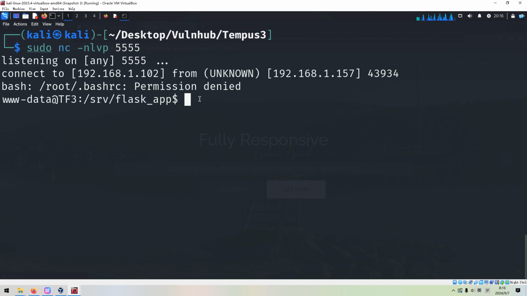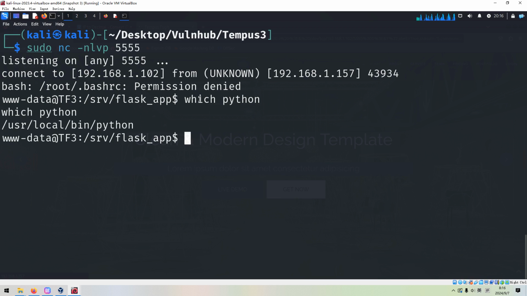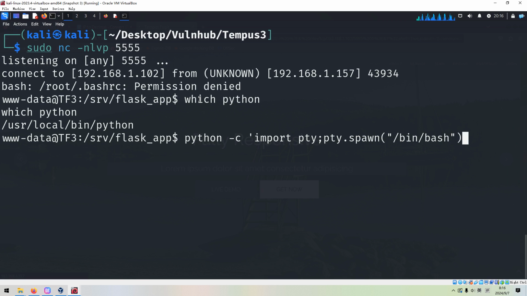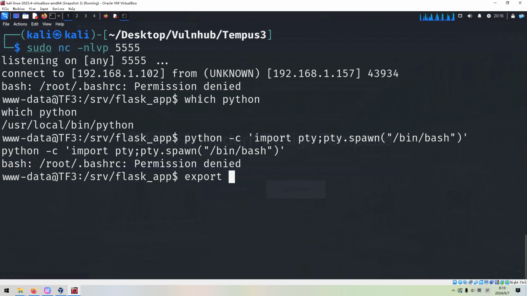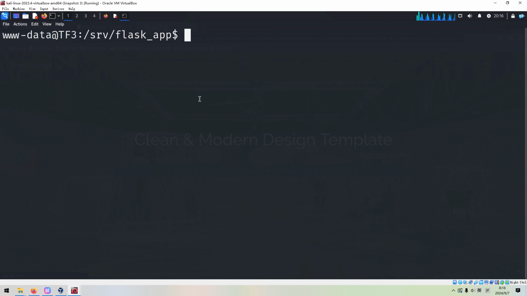And then we can spawn the interactive shell, pty spawn, and we can export TERM as xterm color. Okay, so next we need to do some local enumeration.